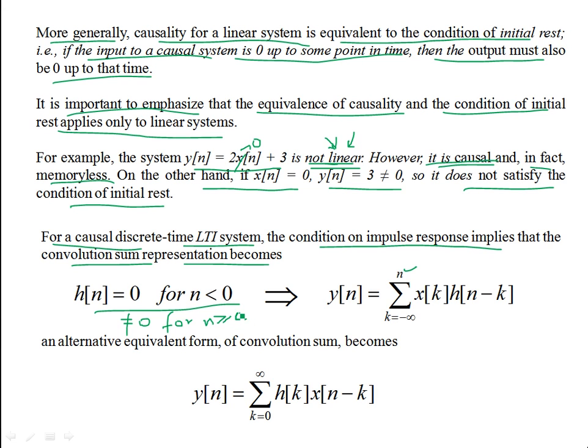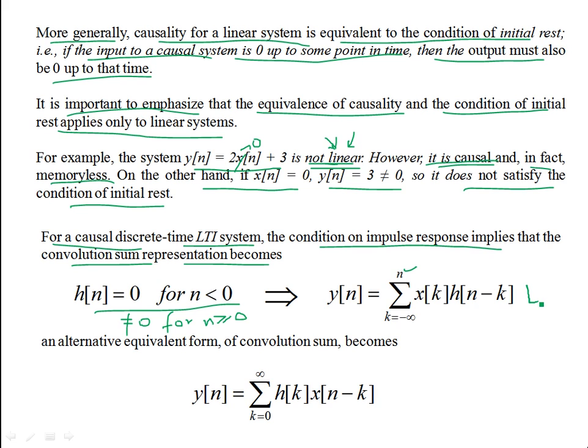So after 0, once the excitation is given, the output could be a finite number of samples for a certain time, or for this discrete time system it could be an infinite number of samples. h of n could be u of n, for example, a unit step function or a ramp function. So it can go on forever, but it cannot have an output before the input is applied, that is, at n equal to 0. So you have to modify this for this.